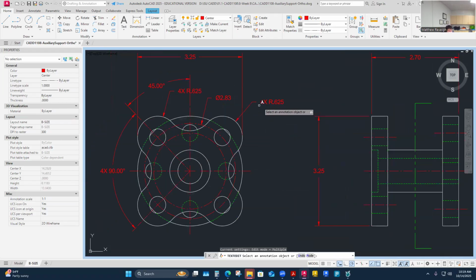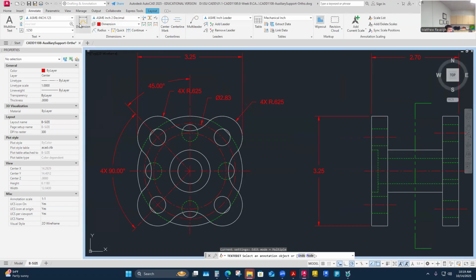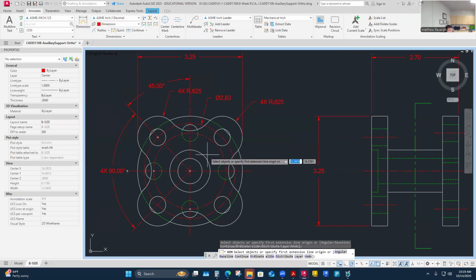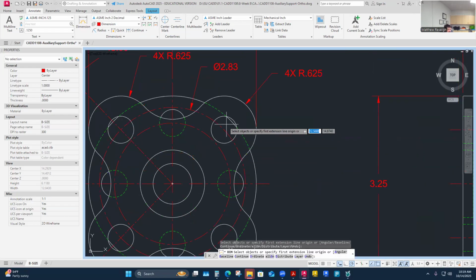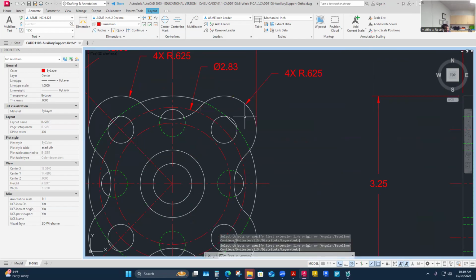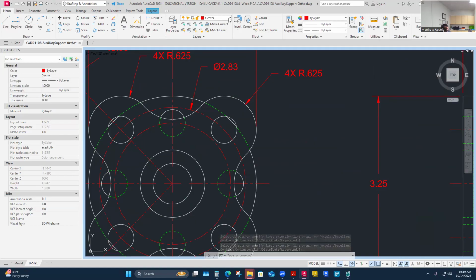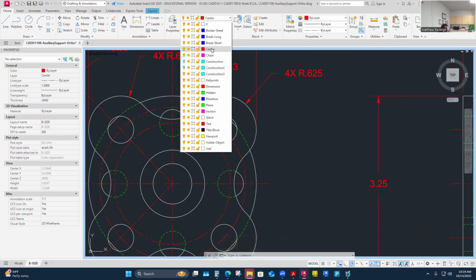So I've got the size. Now think of the location of it in a rectangular fashion, it would be like this. I would go to my annotate tab with linear dimensions, and I'm just thinking of X and Y coordinates. So I'm thinking immediately I might apply a center mark to this or a center mark to this. So in this case, I would probably have a center mark